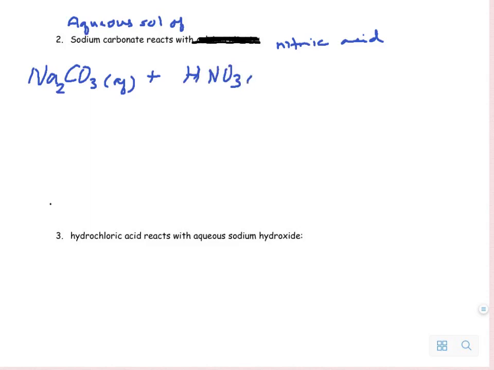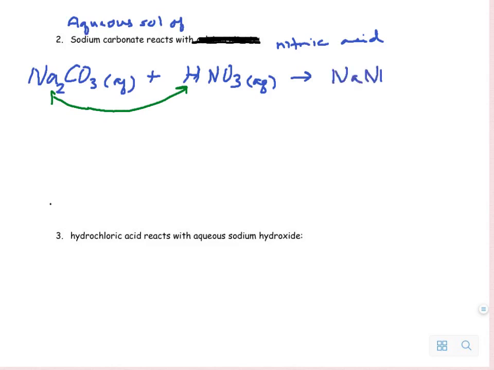Therefore, HNO3 is the correct formula for nitric acid. When these react, it is a compound-compound situation. You're going to see a double replacement where the cations are going to each replace, and you are going to get the following product. You are going to get the Na with the NO3,